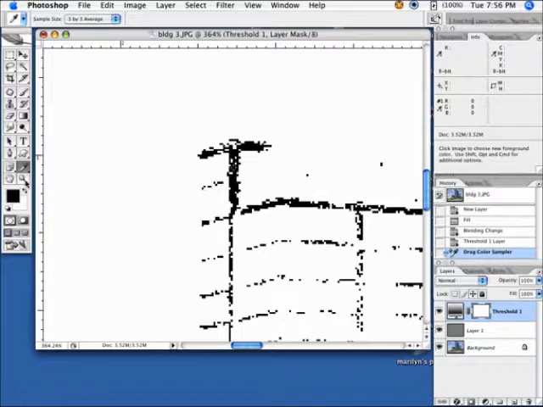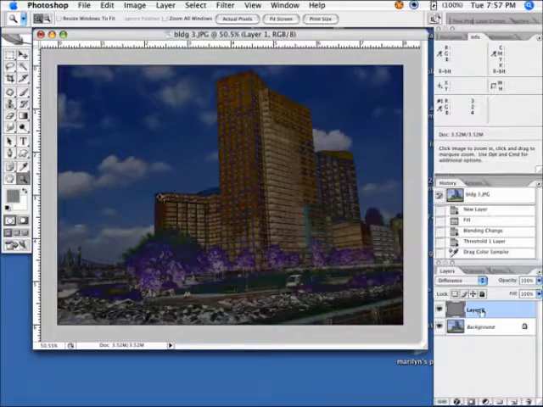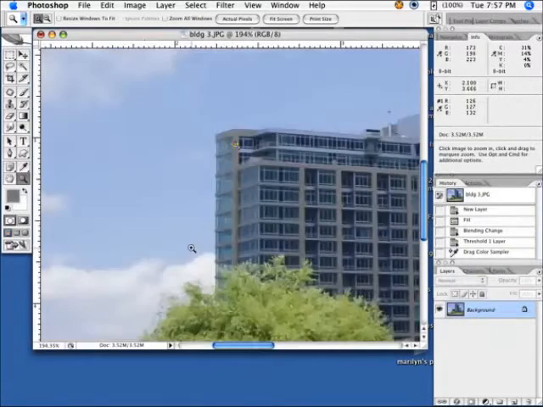Now you're ready to go back to your screen, remove the threshold layer, and remove the gray layer. Now we're left with nothing but the background with the marker on the gray,